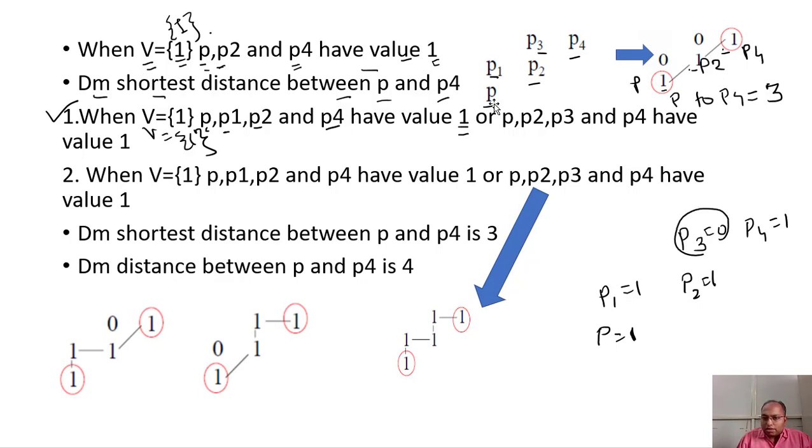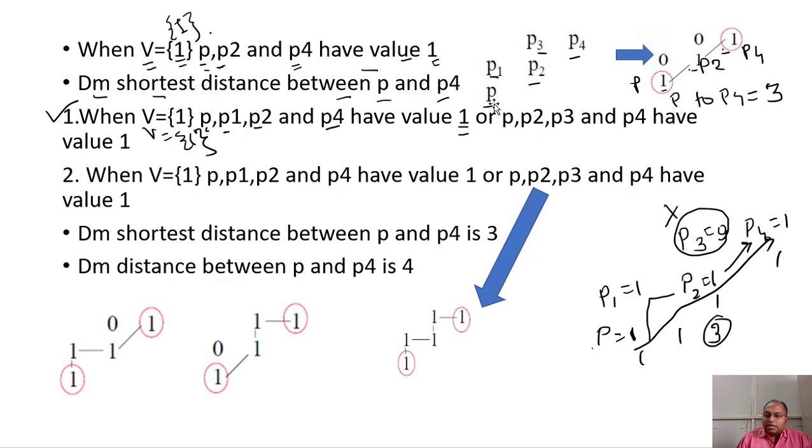So this pixel we cannot consider into our path, so this must be excluded from the path, right? So either we can traverse from this to this and then we can go to this one. Okay, but the shortest path could be p, p2 and p4. So 1, yes, this one and this one. So 3 will be the shortest path.